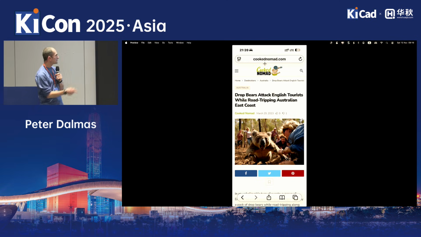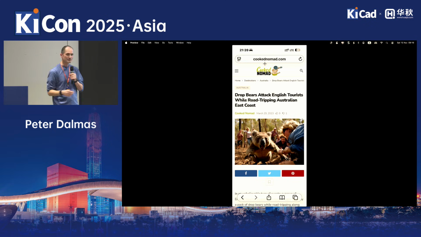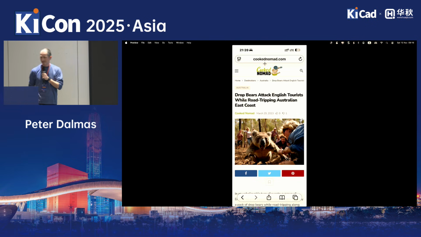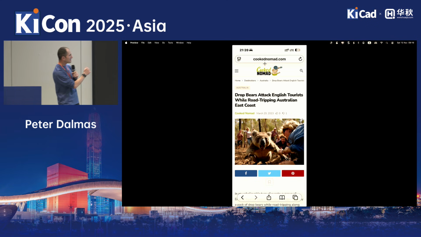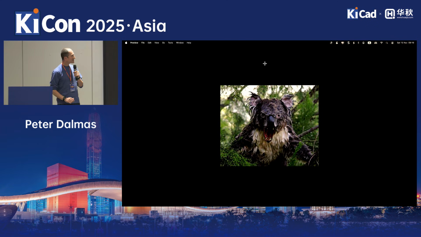In Australia, we've got jump bears. They will sneak up on you as you're walking down the bush and try to eat you. That happened to a bunch of British tourists. I was doing this research yesterday, so it's a recent event. So just be very careful when you come to Australia. Beware of these creatures. Just to finish up with this topic, that's what they look like.